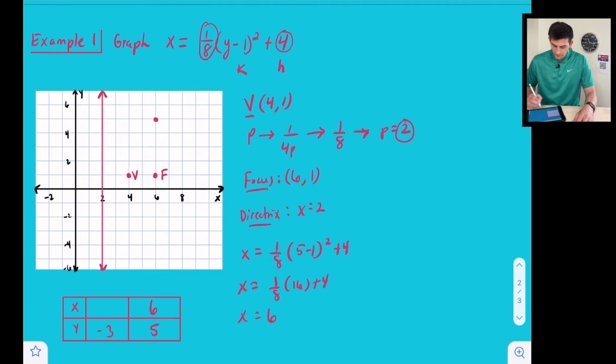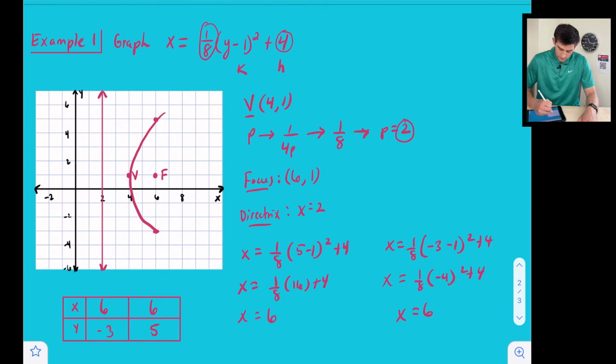Now, if we do the same thing, we're going to say x equals 1 over 8, and then if we plug in -3, notice how we're going to get the same thing, right? We're going to have 1 over 8, and this would be -4 squared plus 4, which is going to give us the same thing because 4 squared and -4 squared are both 16. So we get an x equals 6 right here. So now we have 6 and -3. All right, so now let's draw our parabola through these points here